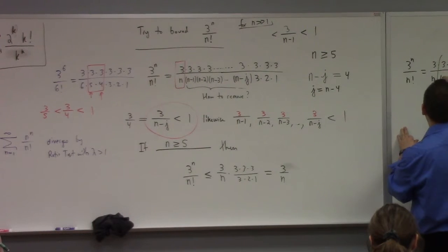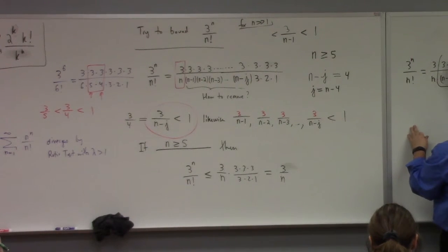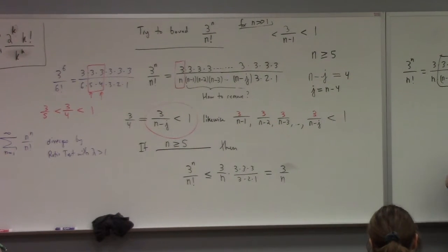So the point is that all of this in the middle is less than 1. So this is greater than, if I haven't messed up the number 3's, 3 to the 4th over,